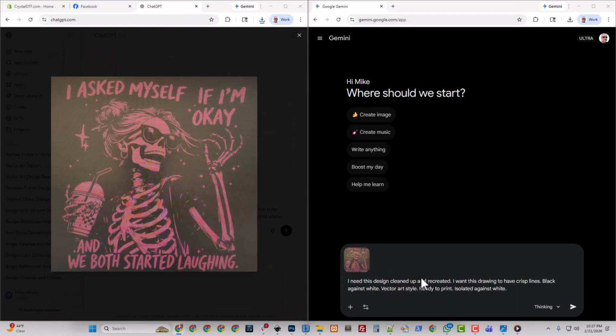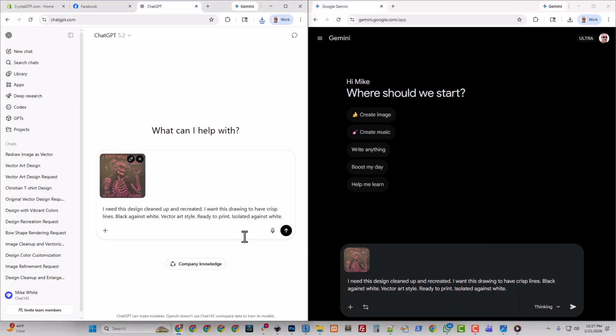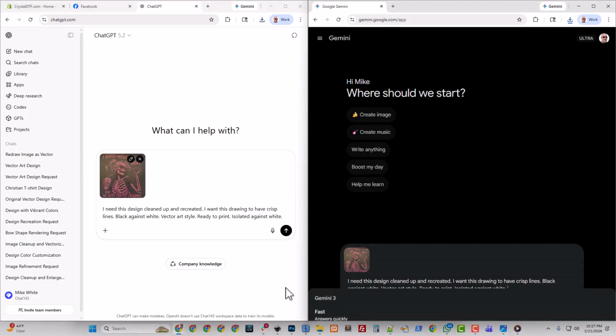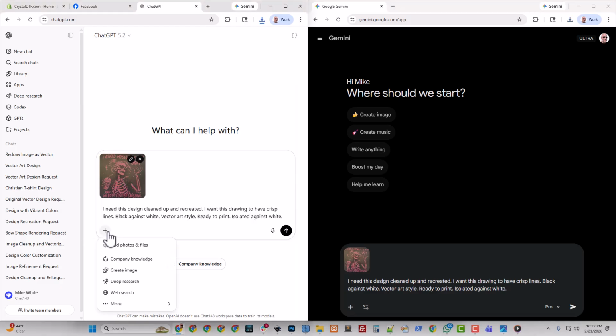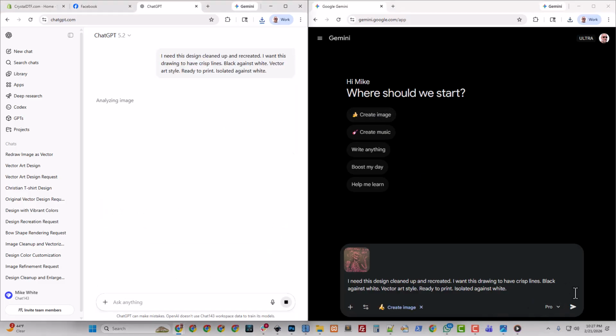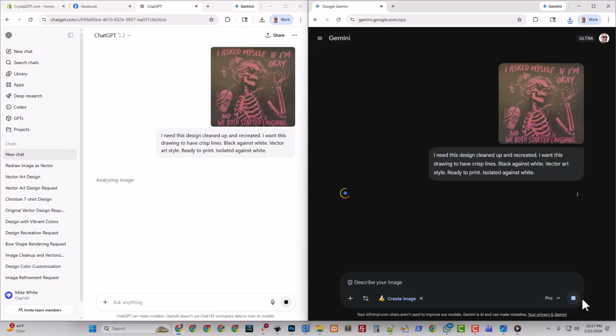Here we go. Let's make sure we're on Pro here. I don't know if ChatGPT has Pro. I'm going to do create image. We're all square and even. Boom, we'll give ChatGPT the advantage, just a 1 second advantage. Come on.